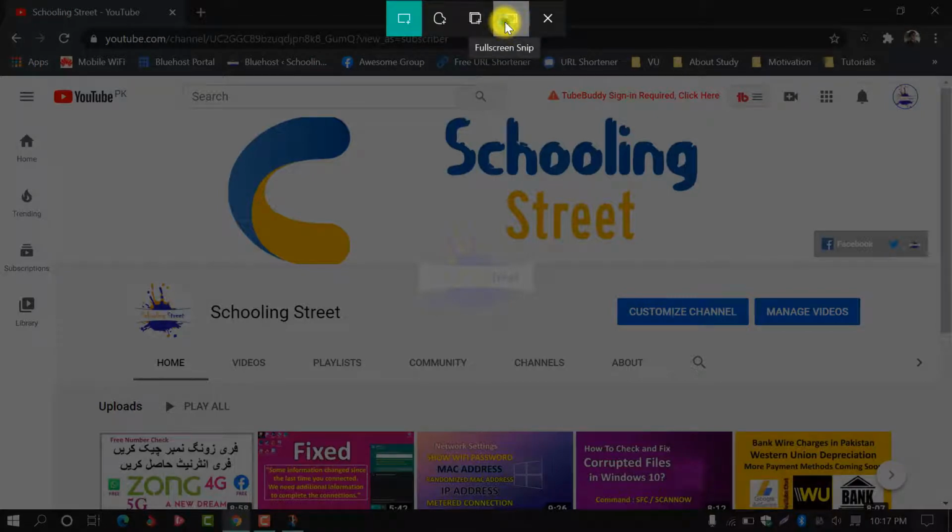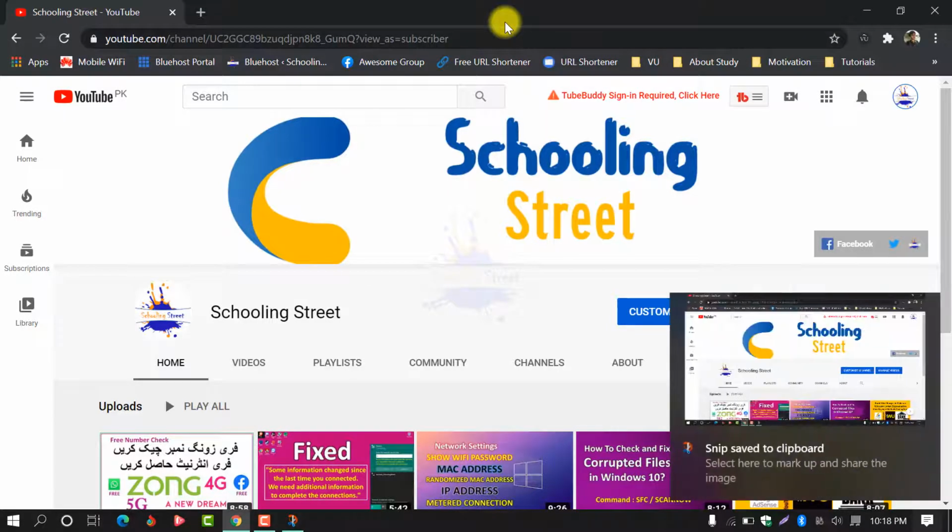I'll choose full screen. Full screen taken. Now, this is the screenshot of your desktop or of your app that has been captured.